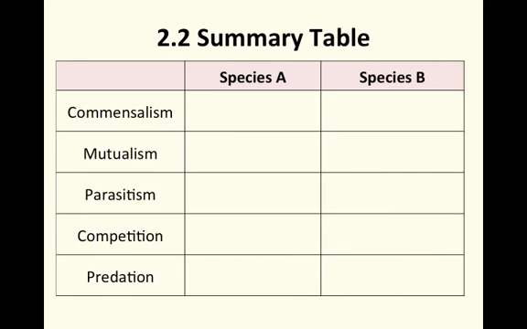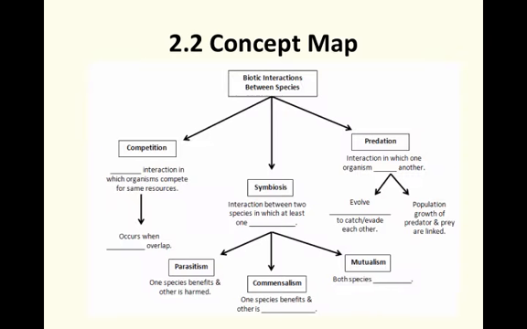So there are two things I would like you to do in your notes. One is to complete this summary table, where you discuss the relationship between all of these different types, if species A, if species B. You can choose how you're going to report on that. The second is to complete this concept map, filling in the blanks, to figure out whether you have an idea of what we've just discussed, and can you summarize what we've learned in this